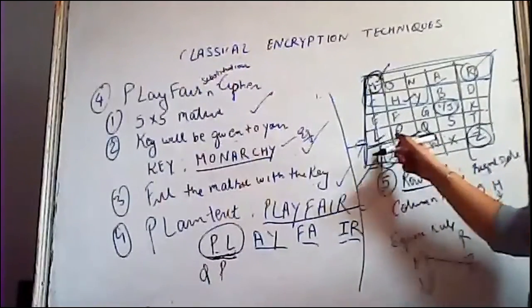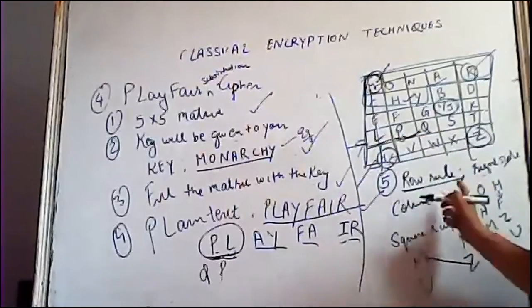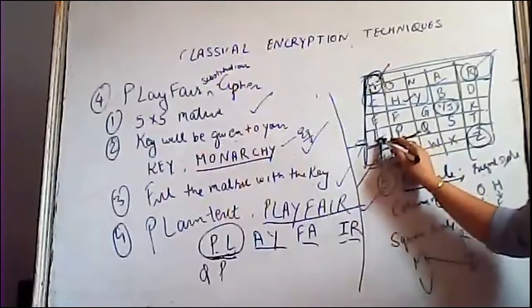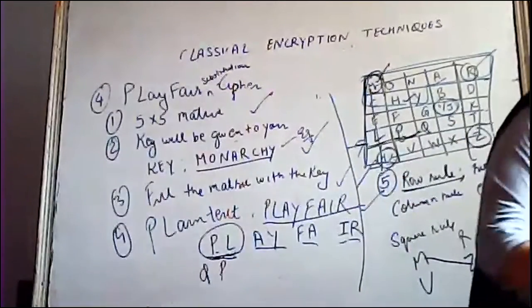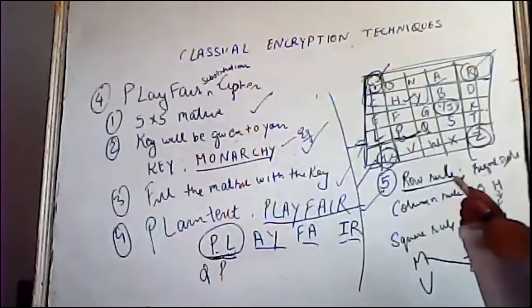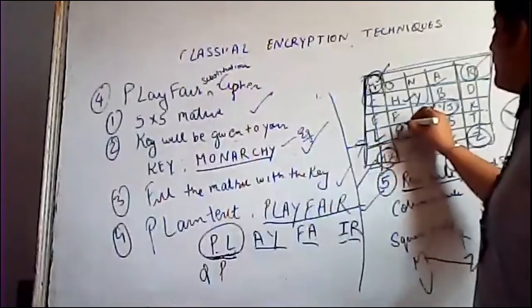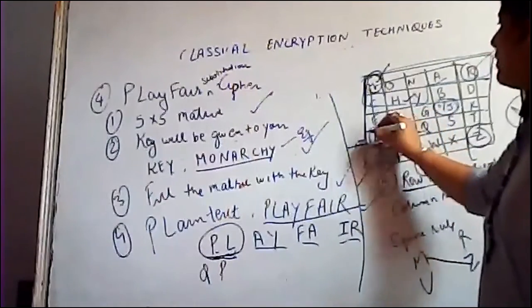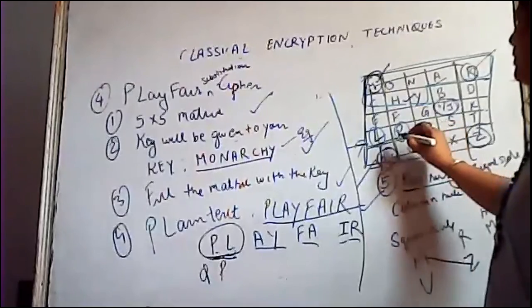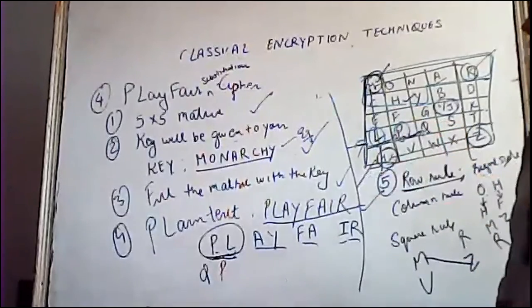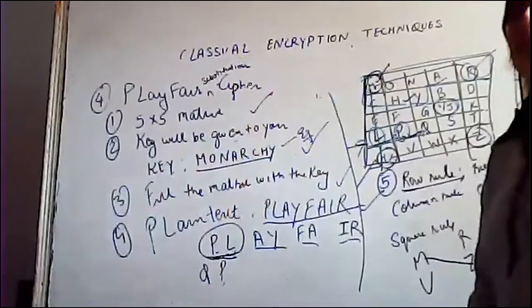If the same elements belong to the same row, in that case, what will happen? You have to take the elements on the right side. In this case, in the row rule, P and L belong to the same row. This is your P. This is your L. You will move to the right side. P will move to Q. L will move to P. So that's why what answer you are having? Q and